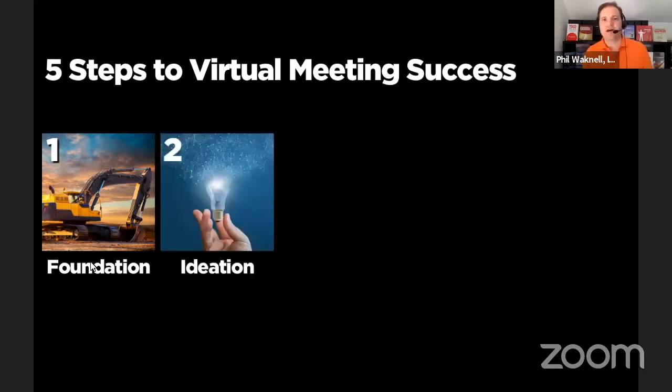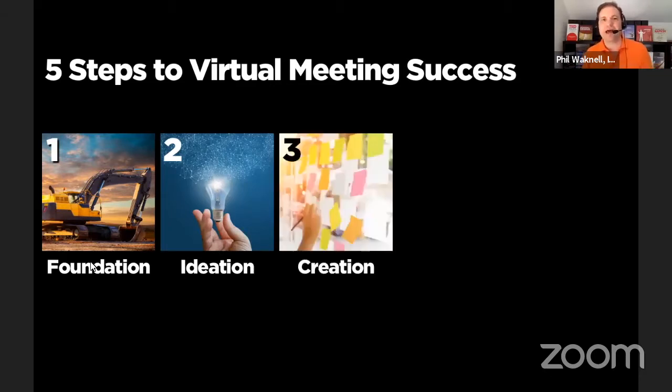Once you've worked that out, then you can start thinking, what do we do in the meeting? What might we have? Should we have some presentations? Should we have some discussions, some breakout rooms? What are the different ingredients that we could build in to achieve our objectives with these participants? Then you can think about how to structure that into an agenda for your meeting. How long are you going to spend on which section? Who's going to be doing it? Who's going to be leading each part?